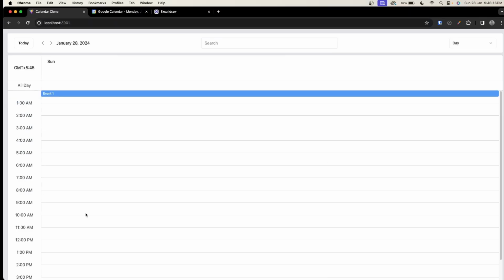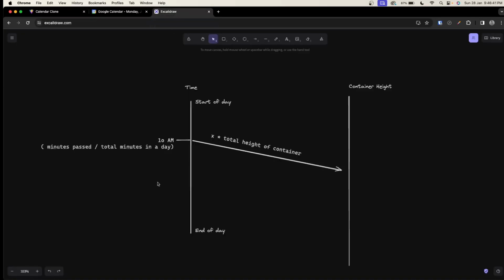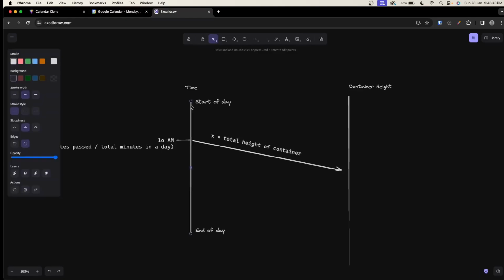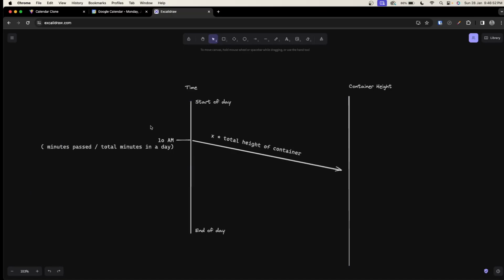Now let's place the event in the correct position. Our event starts from 10 AM and finishes at 11 AM. So we need to place the event between these two lines. To give the correct position for the event, I have a simple illustration here. If this line represents the total minutes in a day, and this is the height of the container, so for any event, let's say the event starts at 10 AM, then we can calculate what percentage of time